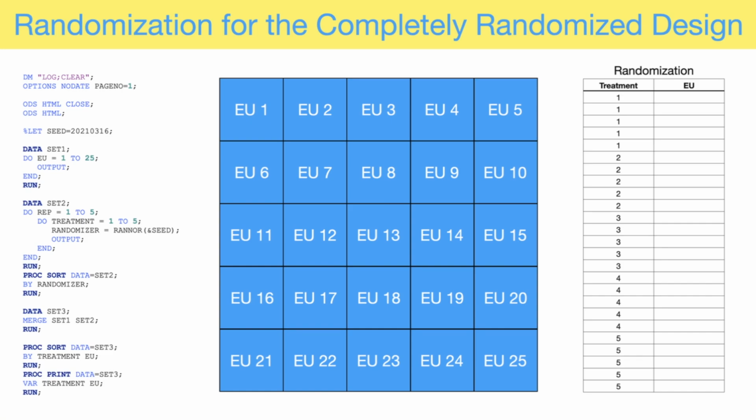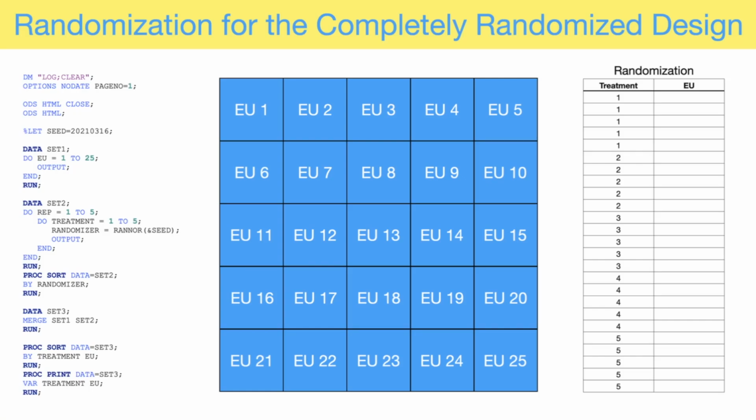You could use a process that is as simple as pulling slips of paper out of a hat, or you could use a statistical program, or some other type of program that generates pseudo-random numbers to perform the randomization. Now here on the screen I have on the left side some SAS code, a SAS program, to perform the randomization for a completely randomized design for this situation. On the right-hand side, I've listed out the